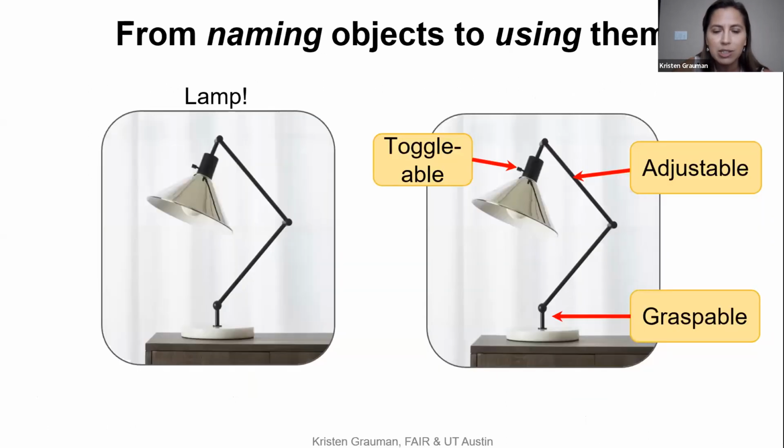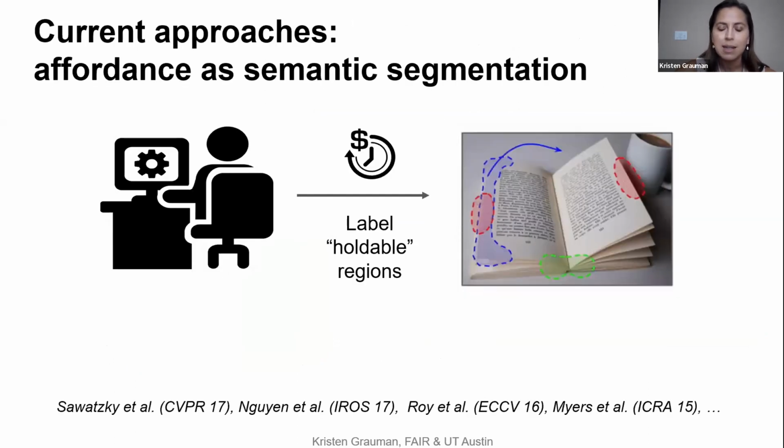Okay, so let's look at interaction hotspots. Here, we're motivated by being able to look at objects not as something that we stop at naming, but that we stop only once we understand how to use them. So it's that difference between saying, hey, that's a lamp, or hey, that's a lamp, perhaps, but here's where it looks like I could toggle something, this looks adjustable, and so on. Of course, this is the notion of visual affordances, the possibility for action with an object.